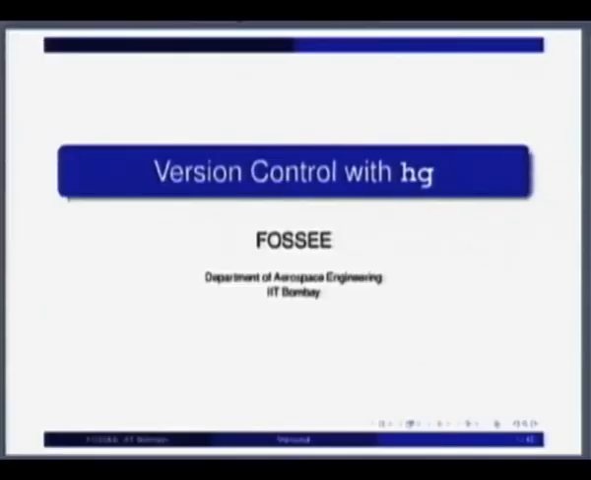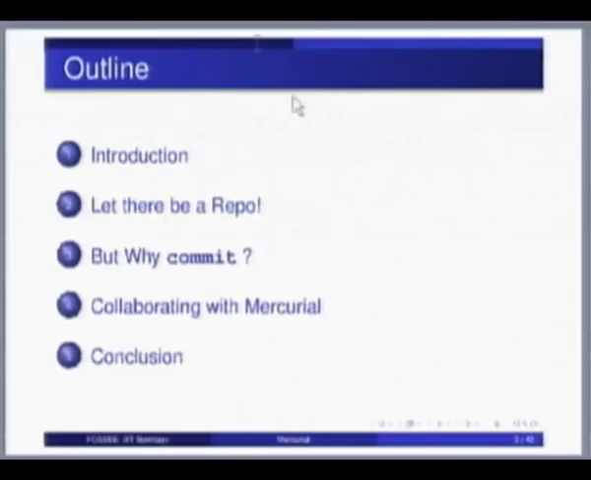So today, as I said, we look at version control. We are going to use a particular tool called Mercurial. Hg is short for Mercurial, as you would imagine. Hg is the symbol for Mercury, and Mercurial is the name of the tool that we will be using in order to do version control. So if you see the slides now,